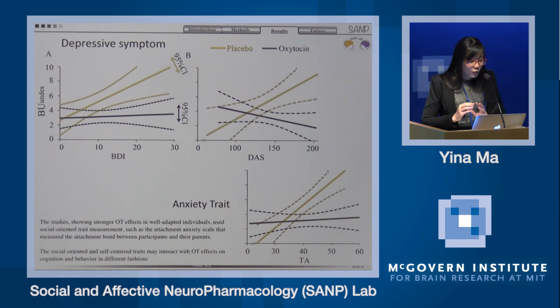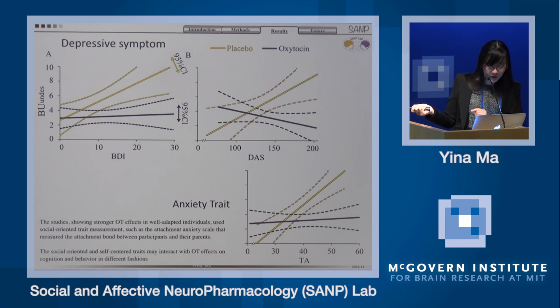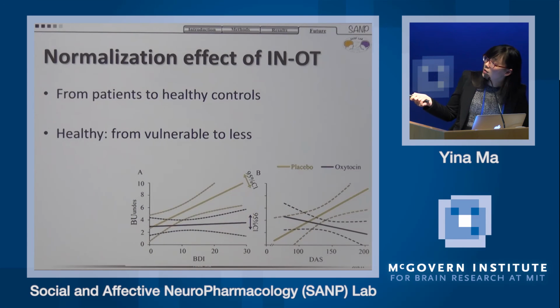So we have seen many times the normalization effect of oxytocin, as mentioned above, the normalization of the abnormal activation for the patient to resemble the healthy controls, and also as mentioned, this task. This result, if we take another perspective, we can see under placebo, there's increased optimistic belief updating towards the bad news,